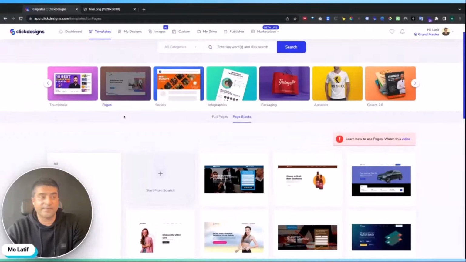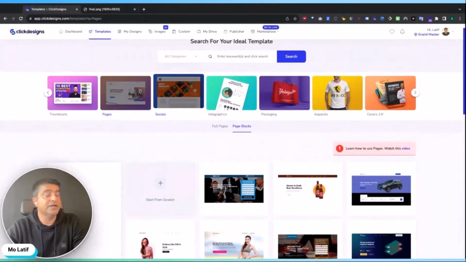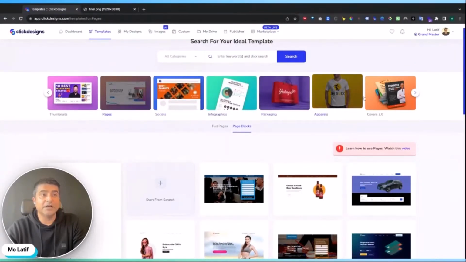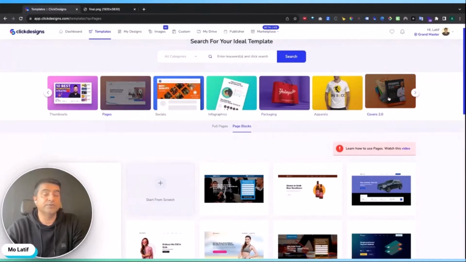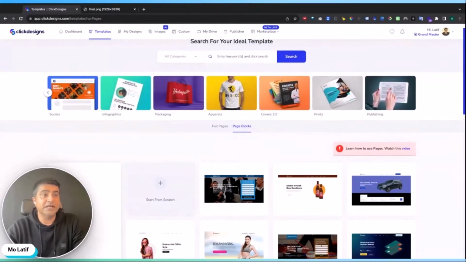Then we had a lot of requests about social media. I'll show you all the different stuff that the requests came in for: social media, infographics, packaging, apparels, covers 2.0, which is a new extension, a new engine for covers originally released. Then we've got prints, which is printable products, printable graphics, and publishing. So I'll start with socials. And inside socials,